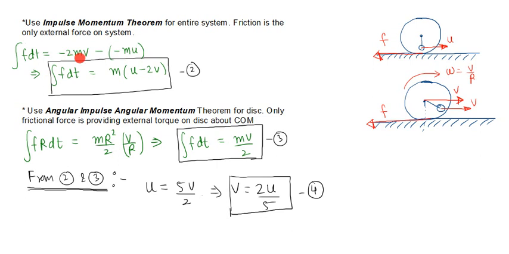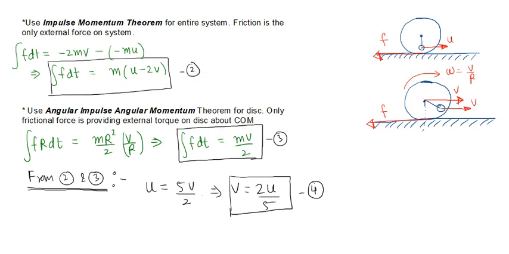So finally, final linear momentum of the system. I am assuming leftward direction as positive. So integration F dt is positive here, because friction is acting in the leftward direction. Now the change in linear momentum: final linear momentum is due to the linear momentum of this particle and of the center of the disk. So final linear momentum is minus 2mv, because it is in the rightward direction, and initial linear momentum was minus mu, because u is also in the rightward direction. So integration F dt will be equal to the change in linear momentum of the system. This will give me equation number 2.